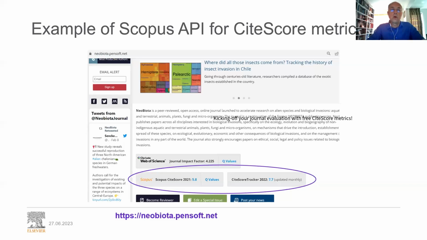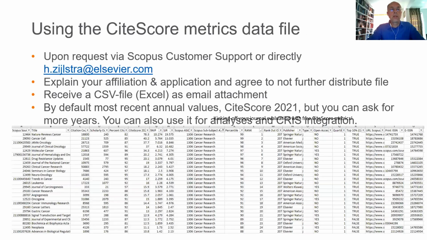Is it in quartile 1, 2, 3, or 4? And at the same time, they also display the tracker, which is updated on a monthly basis, as I mentioned. But again, you do see my email address here. You can get the Excel file as well.